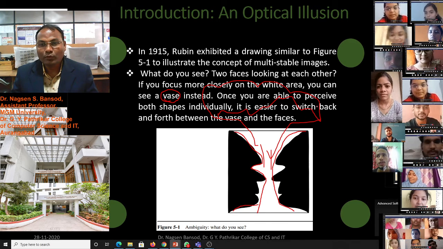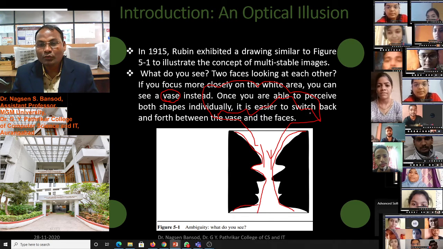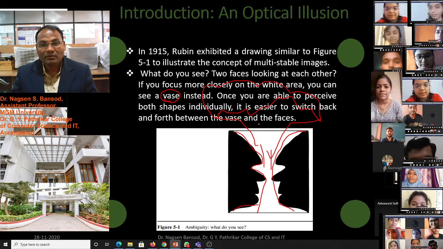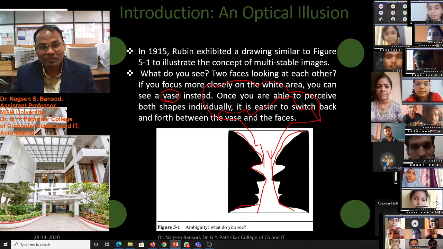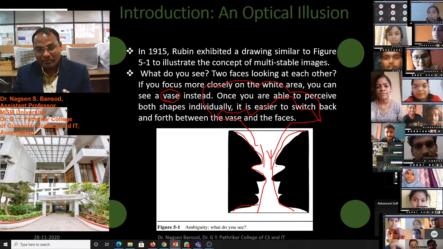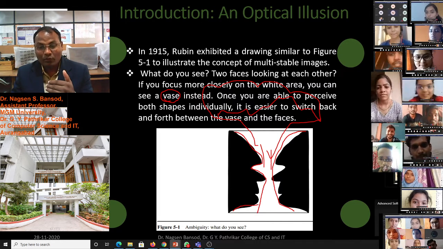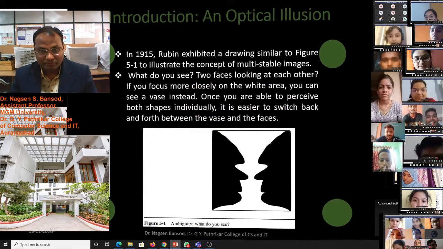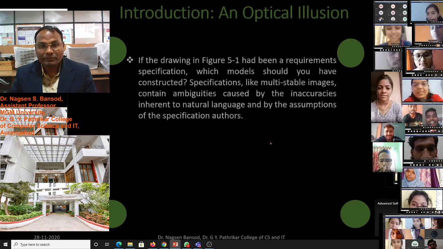Once you are able to perceive both shapes individually, it is easier to switch back and forth between the vase and the faces. As faces we can consider it, as a pot also we can see if we look at only the white area of the image. This is an optical illusion.